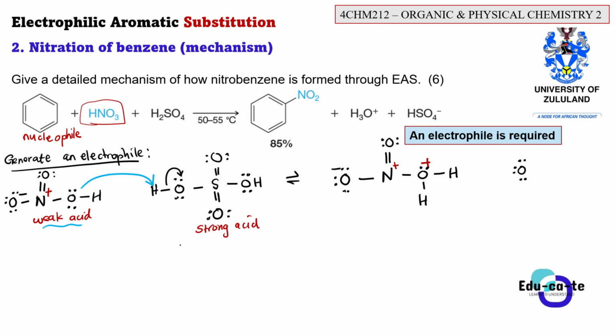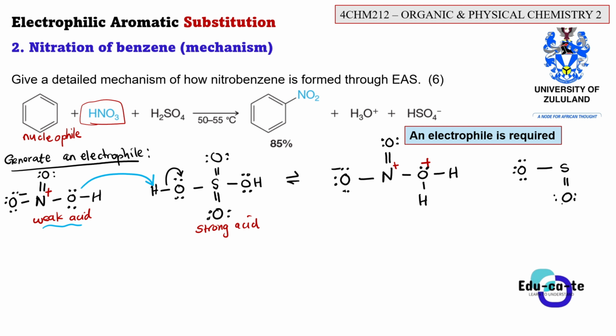Okay, and if you look carefully here, this oxygen that was bonded to the hydrogen that was taken away basically had 2 lone pairs of electrons, but it will gain another lone pair of electrons from where? From this bond between H and O. So that's why this oxygen now has 3 lone pairs of electrons, and that will result in this oxygen bonded to this sulfur S, and this sulfur is still bonded to this.